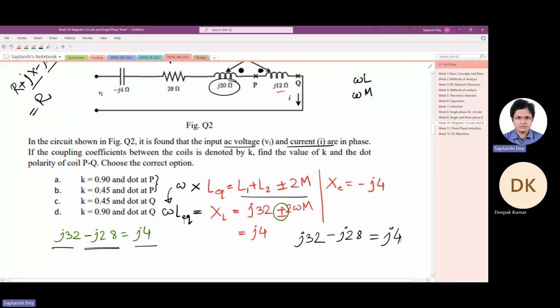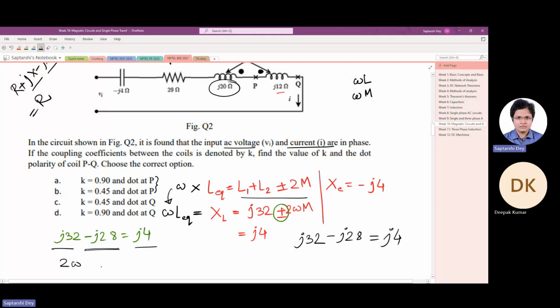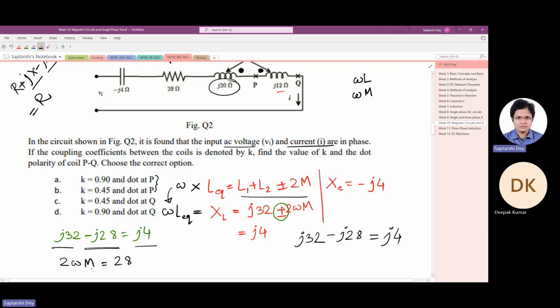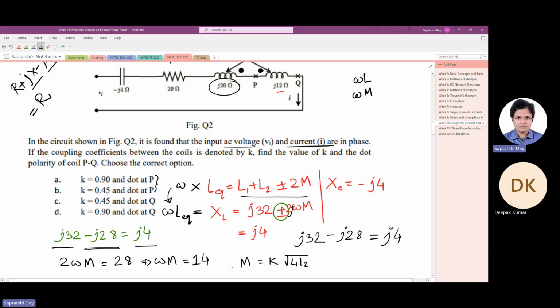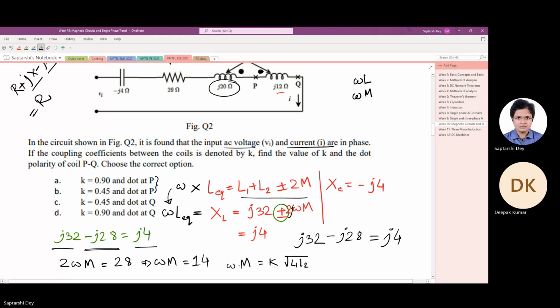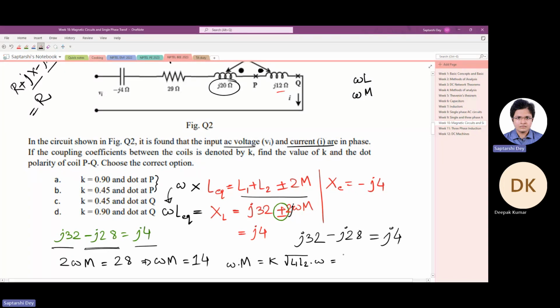Right, now what we have here is 2 omega M equals 28 j, so omega M equals 14. Now you see this equation, M equals k root over L1 L2. If you multiply both sides by omega, then the right hand side you can also write as